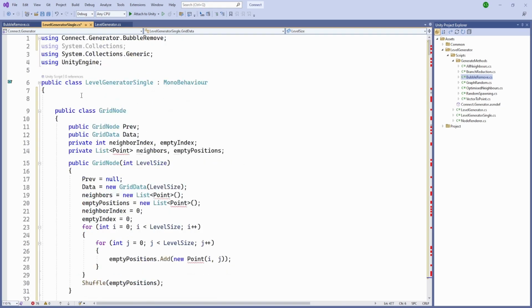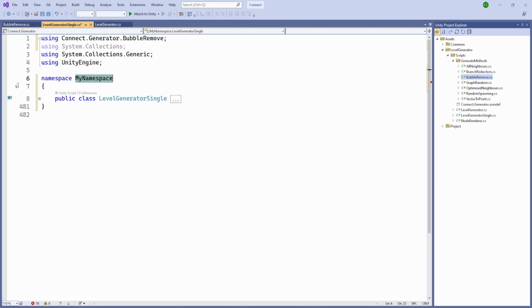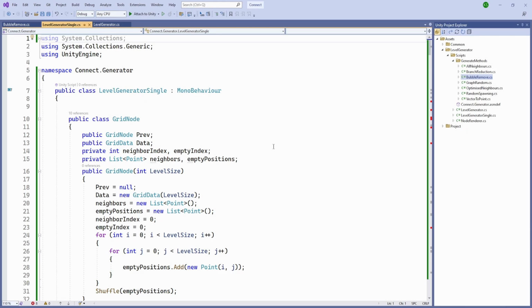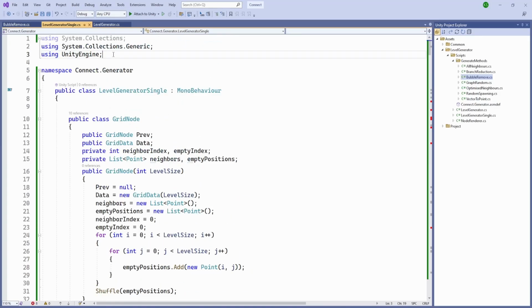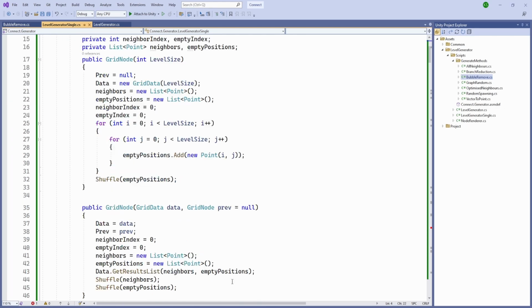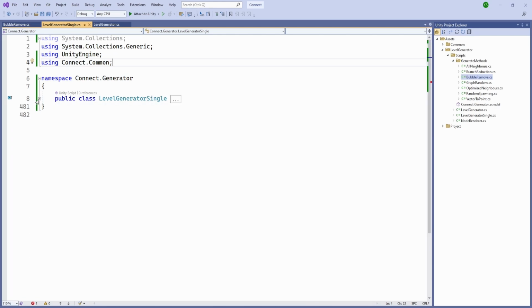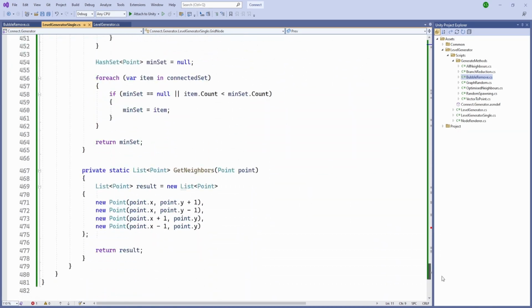and it showed so many errors because we are not referencing our namespace. So it is going to be inside our connect.generator namespace, and now the error should be removed and we don't need that. And still there are some errors, which is a list of edge, and our edge is going to be, we'll need to set one more using, and it was inside our connect.common. So again all the errors would be gone, and we added